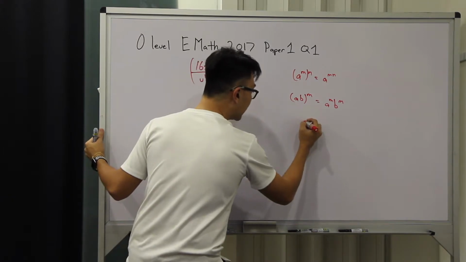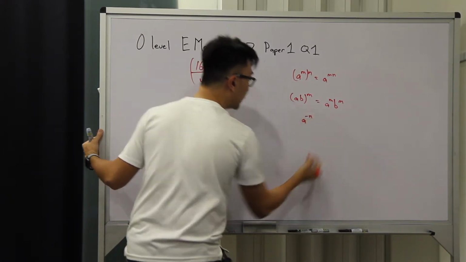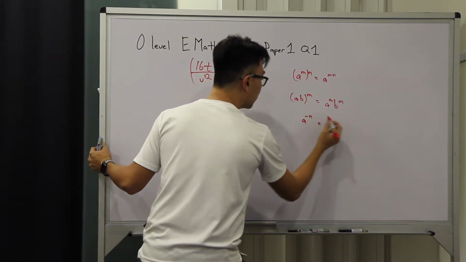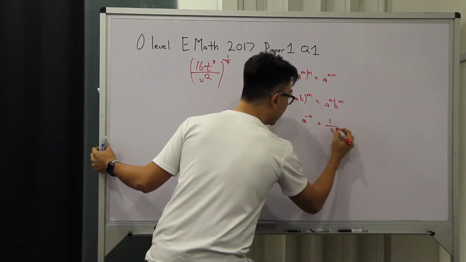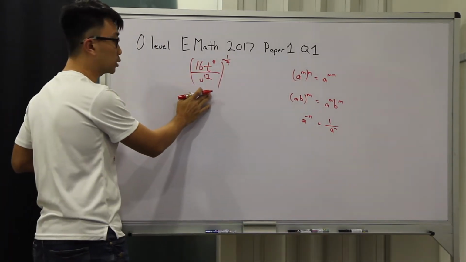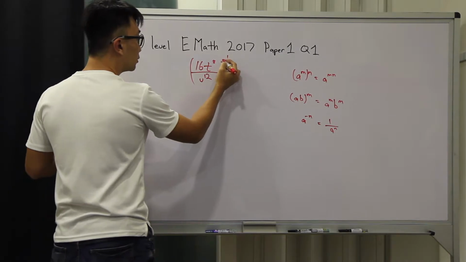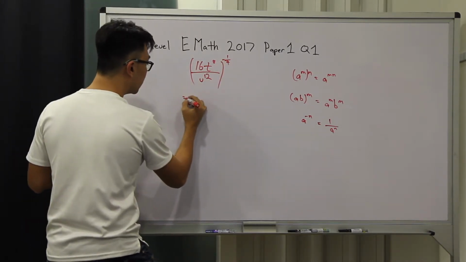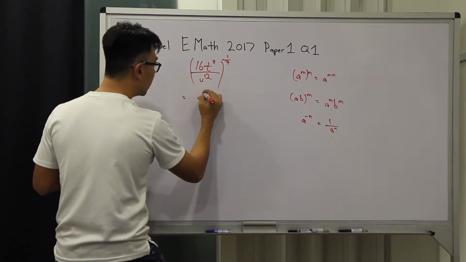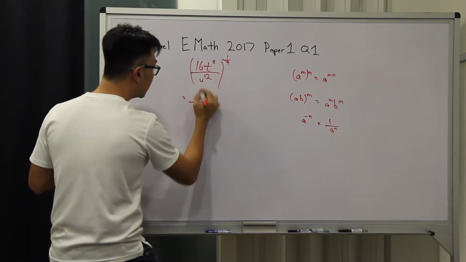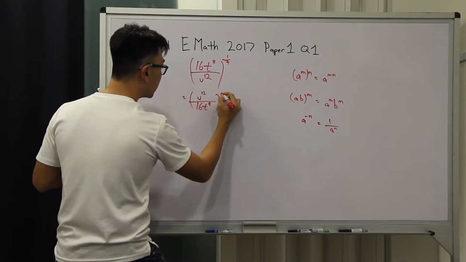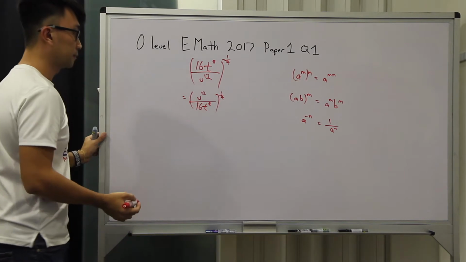Next, if we have a negative power, a to the power of minus n, that will actually flip the term down. So we have 1 over a to the power of n. Alright, so to apply to this question, I will deal with the negative power first. Let us flip the fractions around. So we have v to the power of 12 over 16t to the power of 8